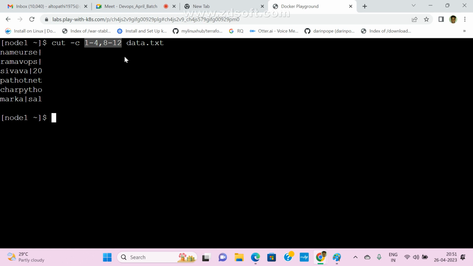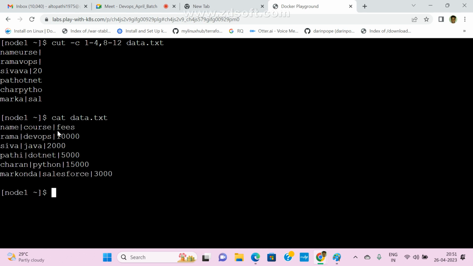Clear, guys? Anyone any doubt here? Now check it, cat space data dot txt. See here, the first name is 4 characters. Next from the 8th character: this is the 4, 5th, 6th, 7, 8th. See here, the 8th, 9, 10, 11, that position up to the 12th character.